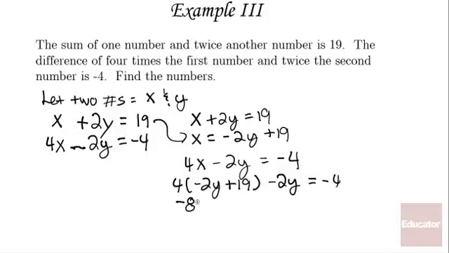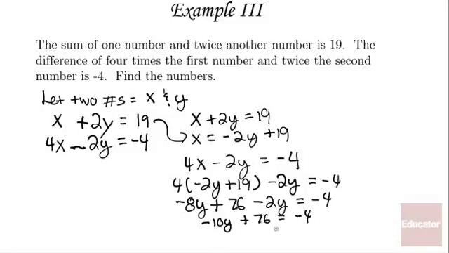And this gives me negative 8y, 4 times 19 is 76, minus 2y equals negative 4. Now I'm going to combine my two similar terms, negative 8y and negative 2y, to get negative 10y plus 76 equals negative 4. Subtracting 76 from both sides gives negative 80, and dividing both sides by negative 10 will give me y